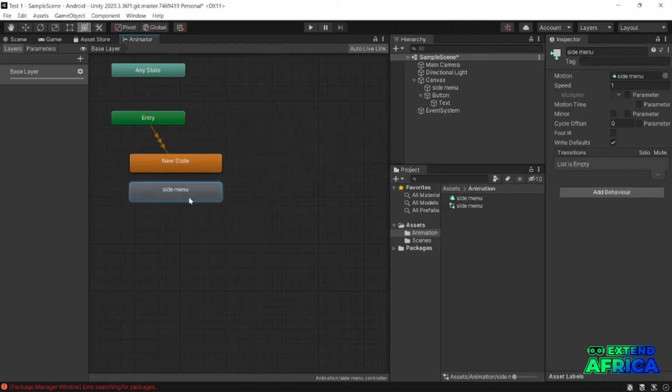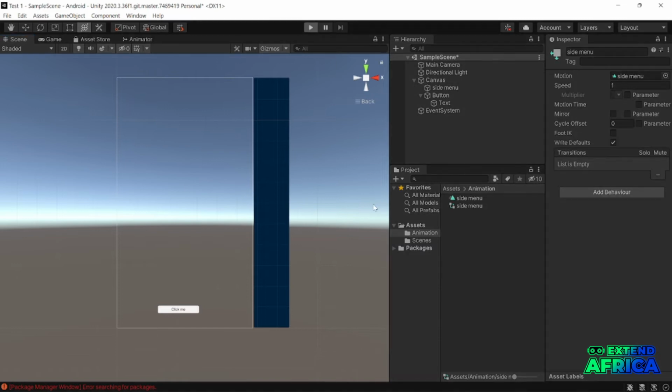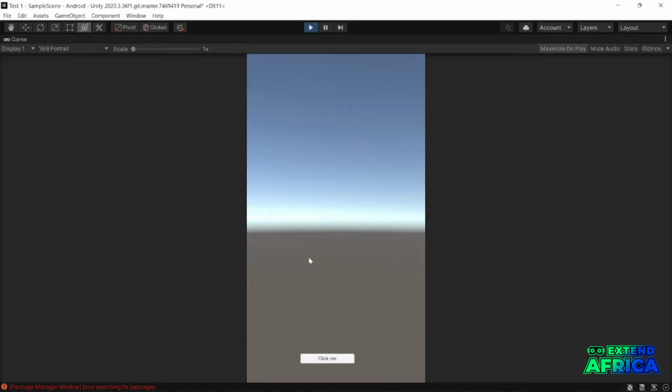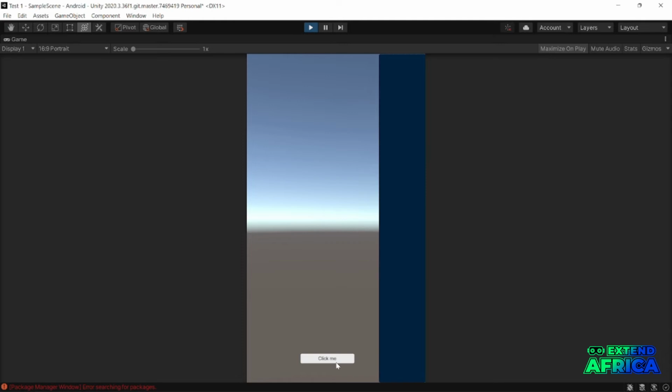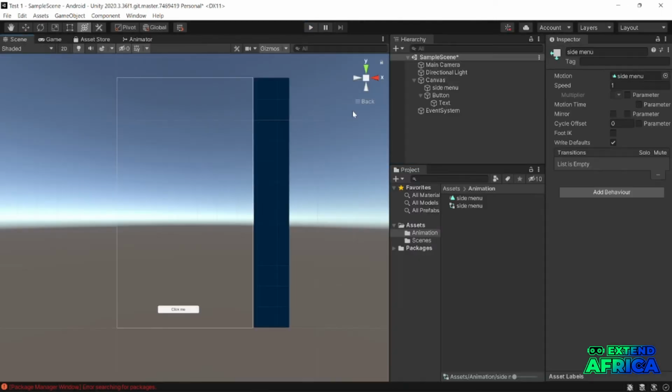Okay. Now with this, we don't want it to come straight up. We just want it to come here. Then on button click, it will trigger this. Let's see whether that works. There you go. There you go. So how do we get it back? Okay. How we get it back is to just,